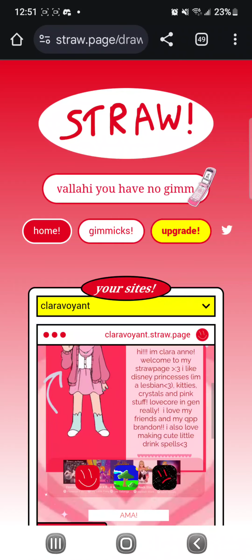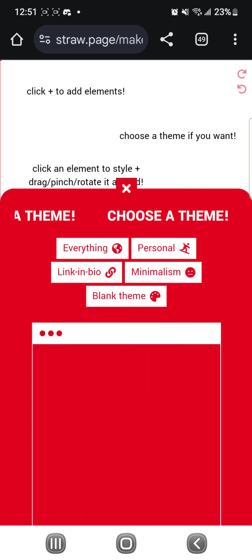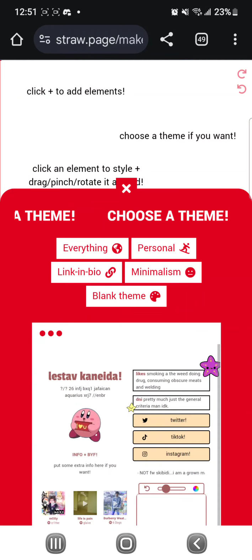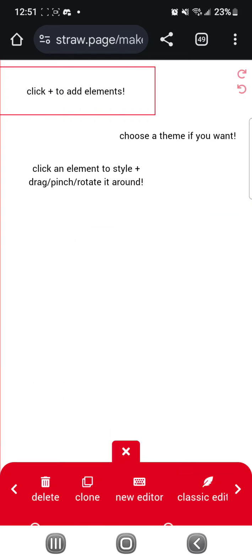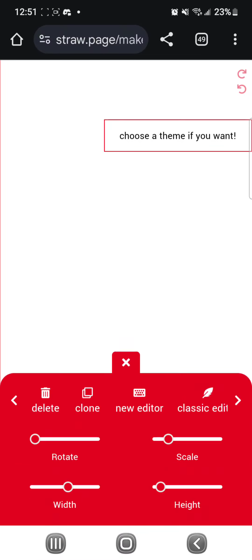So, basically, it's the exact same as not having an account, except you have an account. So, if you don't have an account, it's literally the exact same. You still just hit create a site, but then at the end, when you're done making the site, you have to make an account. So, you're going to want to get rid of all of this,